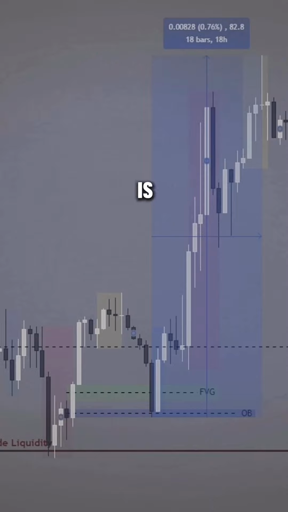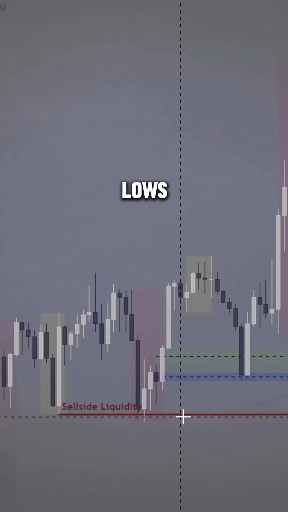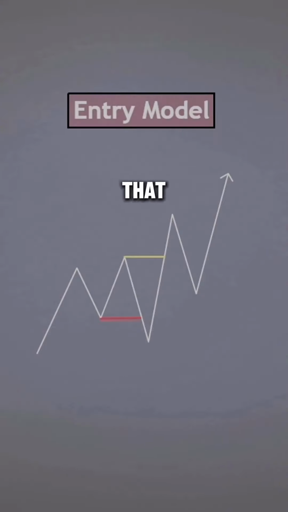Now obviously this is not a guaranteed win, but the reason this is so strong is because you are using protected highs and lows and following structure. So hopefully that explains to you why